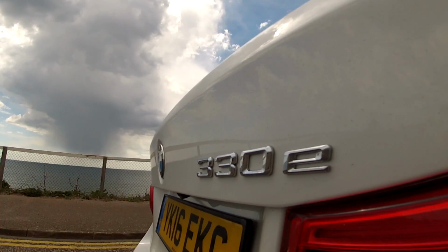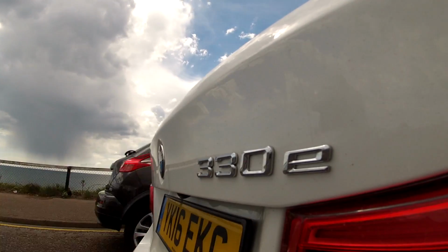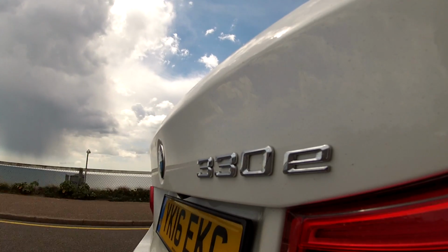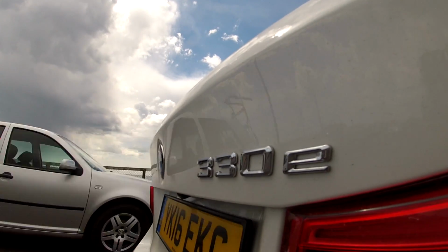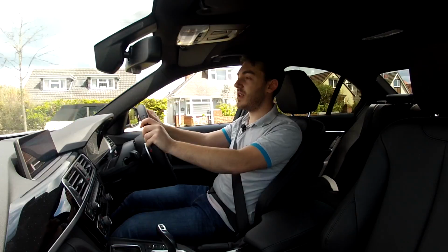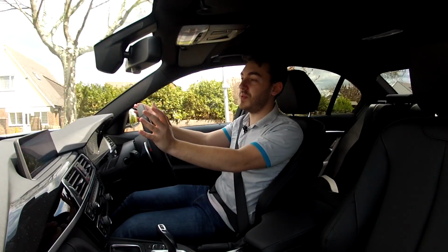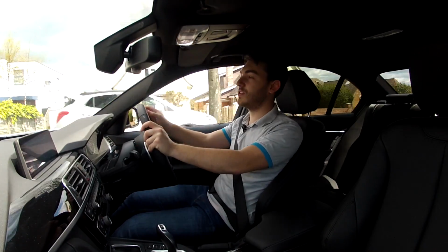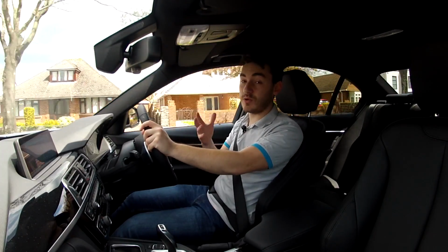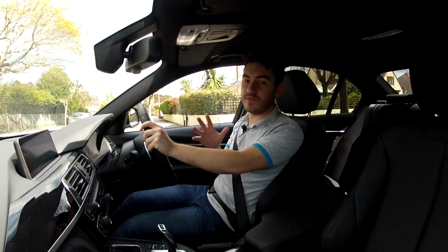Or what I usually leave it in is the third mode, which is auto, which just kicks the engine in when it needs it, but on the whole, battery power at low speeds, engine power at higher speeds. It does quite a good job of managing both, and that's probably how you're going to get your best fuel economy figures. Now, 148 mpg in perfect test conditions, I'm not going to deny, might be possible, but in the real world of stop-start traffic and then motorway and then, you know, different weathers, and this is why it's quite difficult to come up with an official figure, this week we've got around about the high 50s, which isn't too